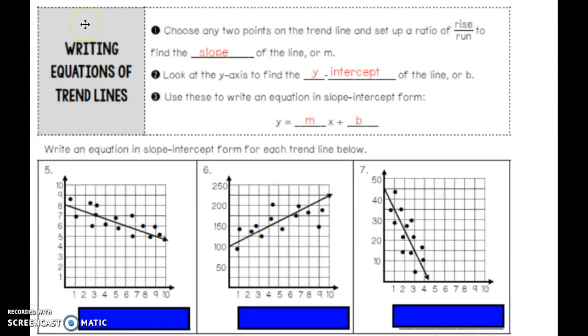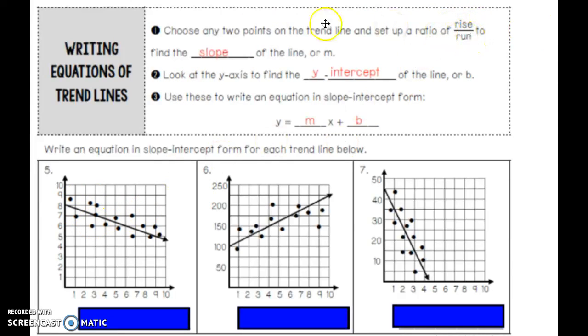Now, as you can expect, from what we were working on earlier with graphing and writing equations, you can write the equation of a trend line. What you do is you find any 2 points, and you could set up a rise over run slope triangle to find the slope,